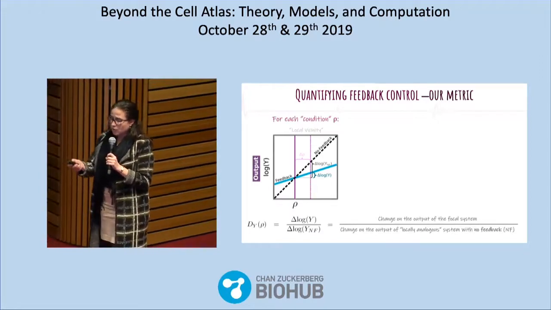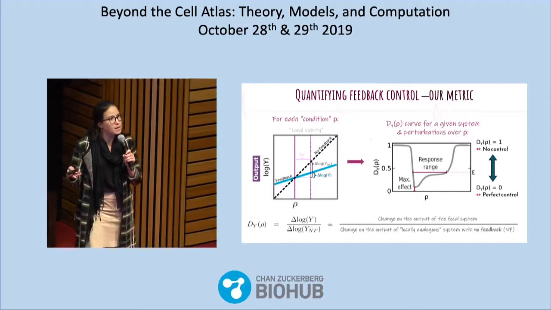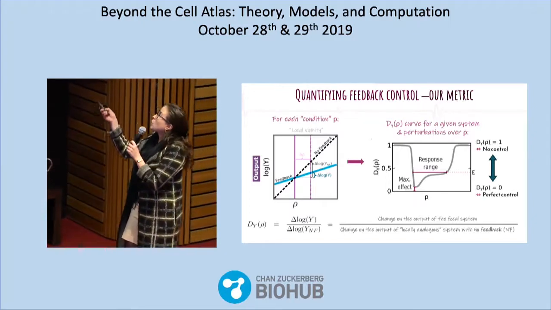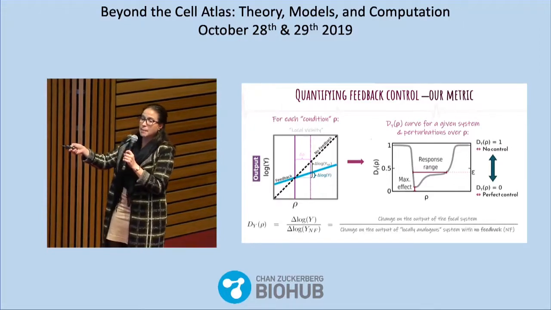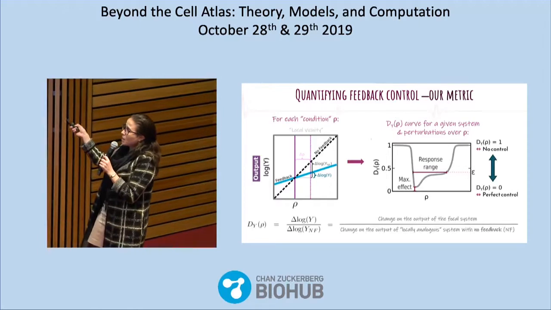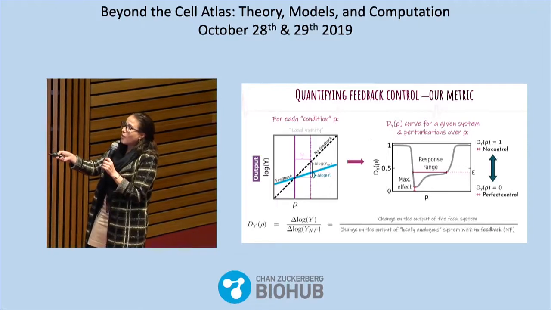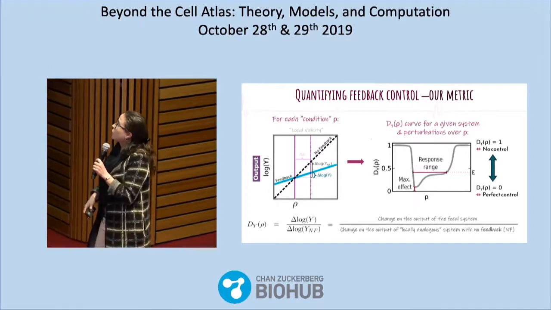So the form of this metric has a huge advantage, and that is that it is well-bounded in the regime we care about. It is equal to 1 when you effectively have no control. In other words, you have exactly the same output with and without the feedback. And it is equal to 0 if and only if the perturbation has no effect on the system only in the presence of the feedback, which is known as perfect control.